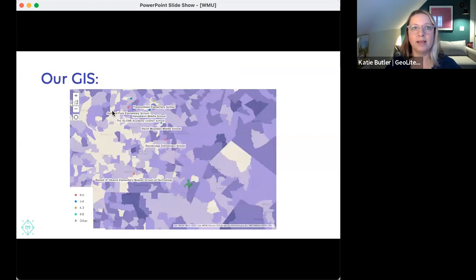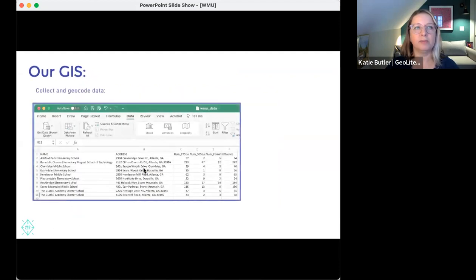You can add on to that, where are the county schools located in the vicinity of this park? And you can see this closest one is the Barack H. Obama Elementary Magnet School of Technology. That sounds like a pretty good place to find some participants in our field trips. Maybe these are some of the kids who would want to come back with their families on the weekend. So you can see how we might use that information for planning.